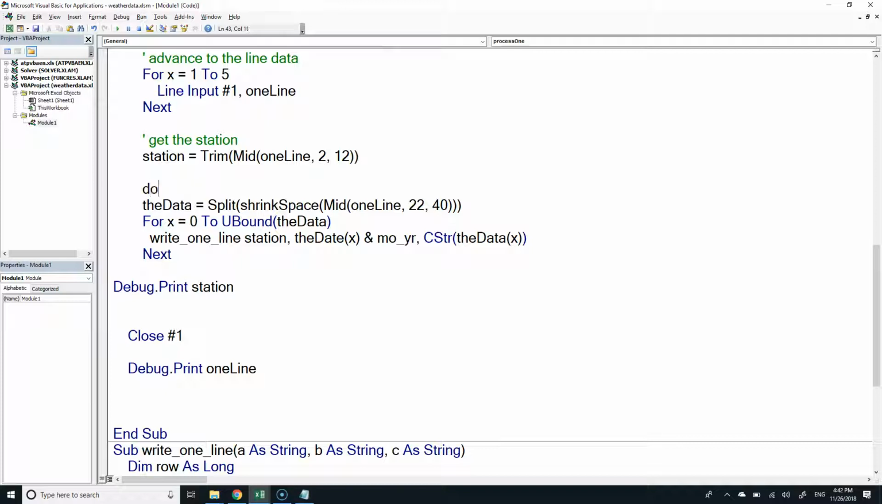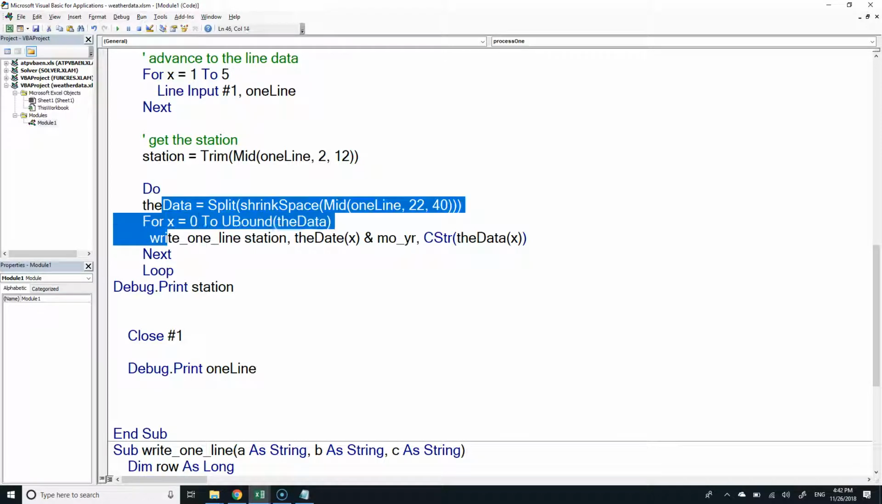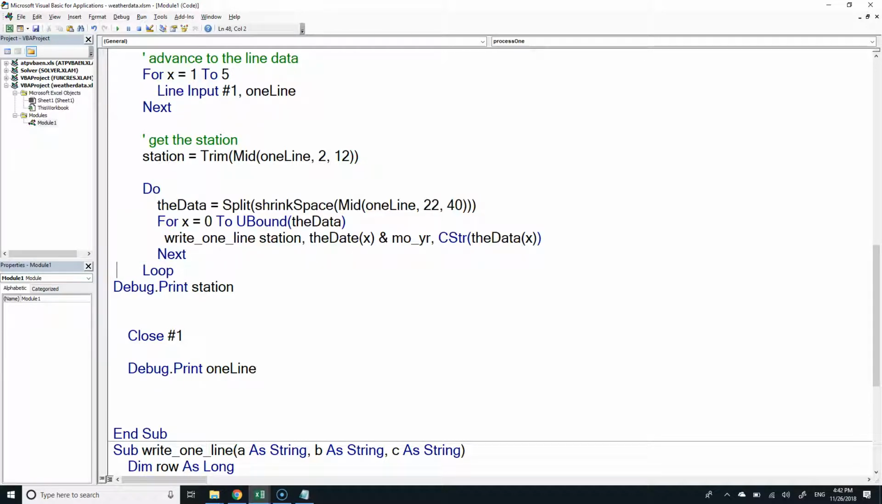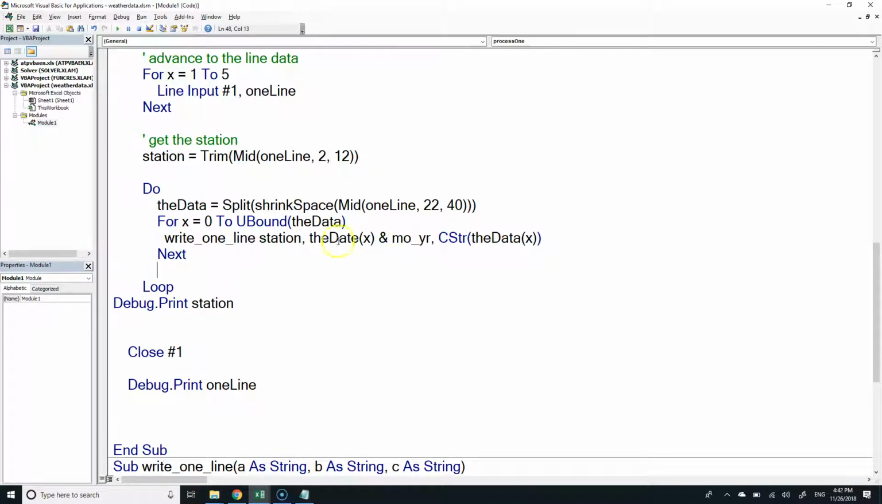So let's put this inside a do loop. Do and loop. Tab this in. And let's loop until, let's see. Then we need to read another line at the end of this loop. So we need a line input here. And then we will loop until